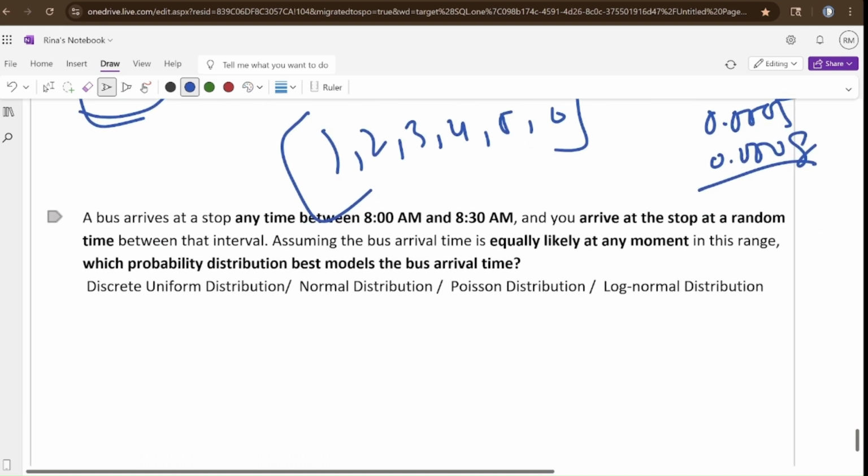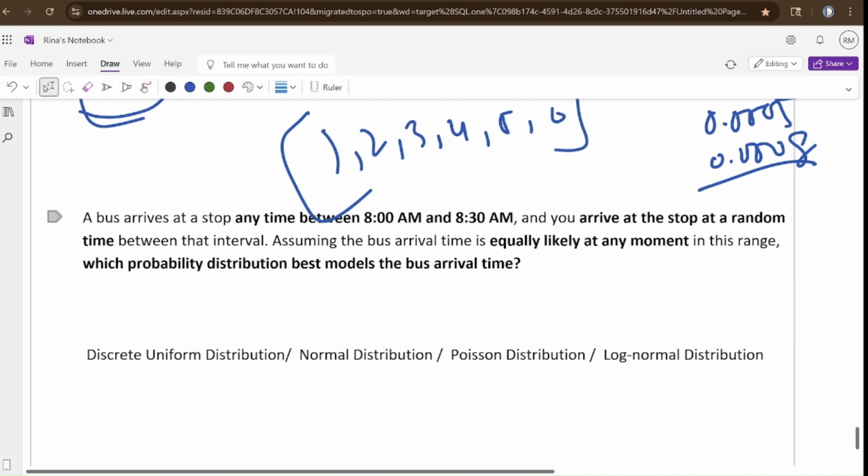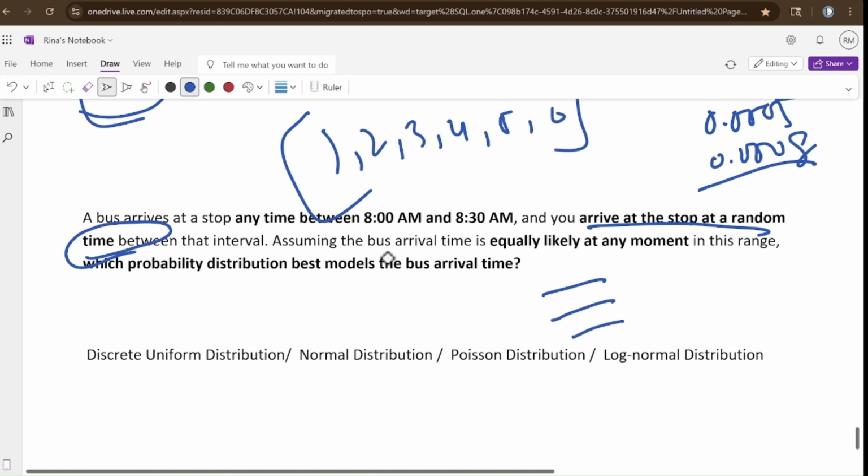A bus arrives at a stop at any time between 8 am and 8:30 am. And if you arrive at the stop at a random time between that interval, this one also we have just discussed. If you are calculating anything based on time, based on some fixed frequency, then the best suited one is